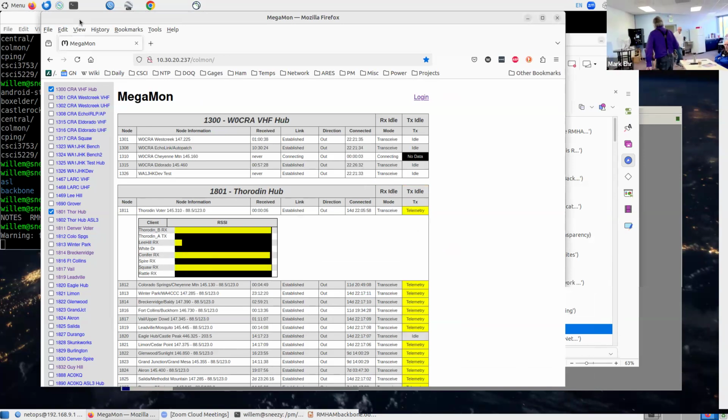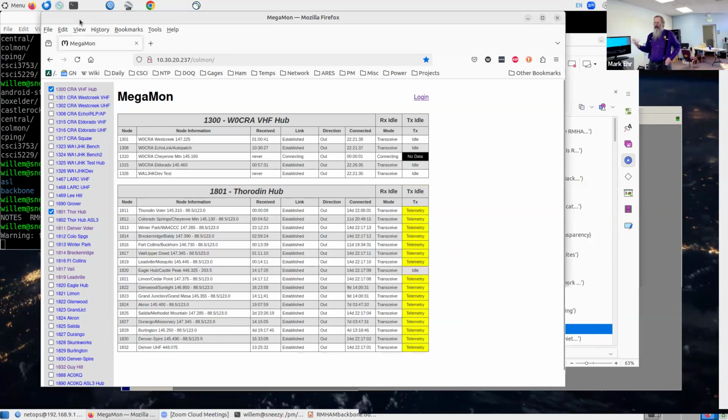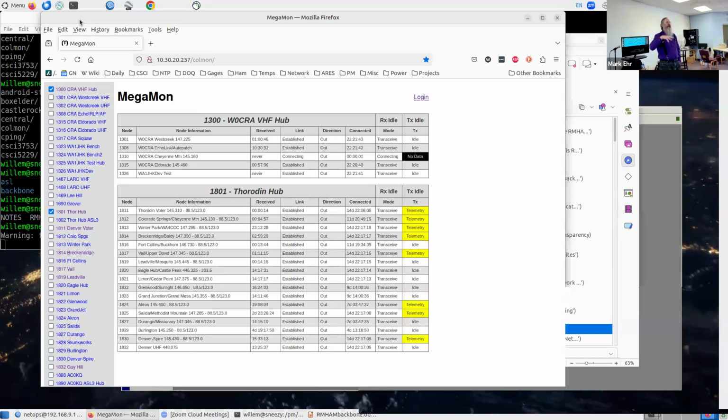One of the big things that we can get out of this linked repeater system is the ability to link an arbitrary set of sites together that run the same protocol. So the Colorado connection is largely based on AllStarLink, which is a radio-to-radio, analog radio-to-radio connection system. And this particular piece of software, it's called Callmon. It's a way to monitor those kind of networks. It's a hierarchical system. So the Colorado connection has one, the CRA has one. So you can kind of see